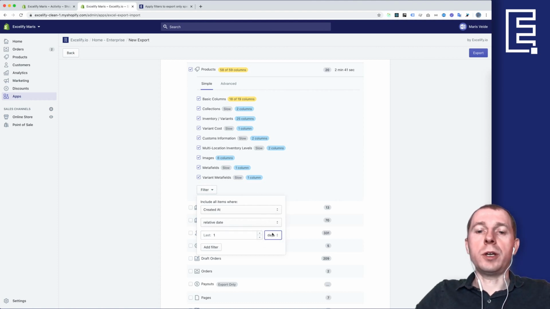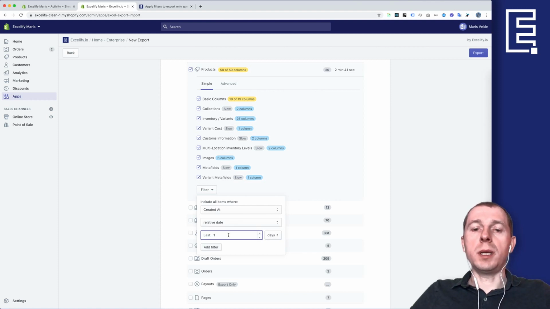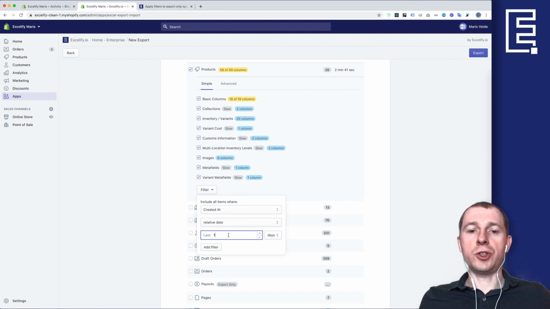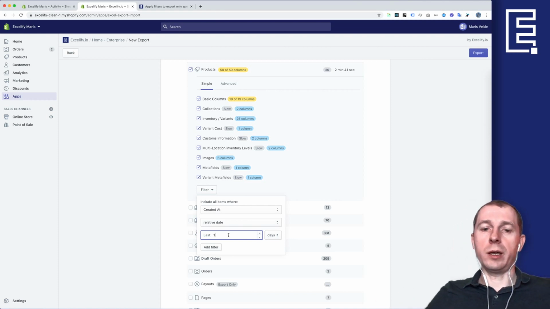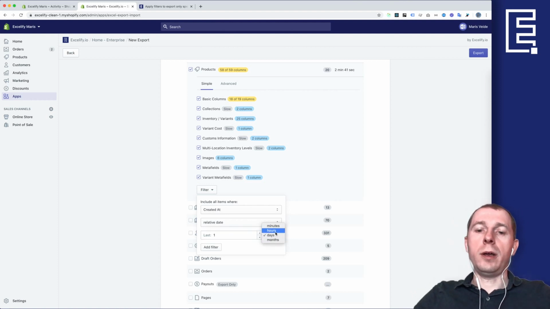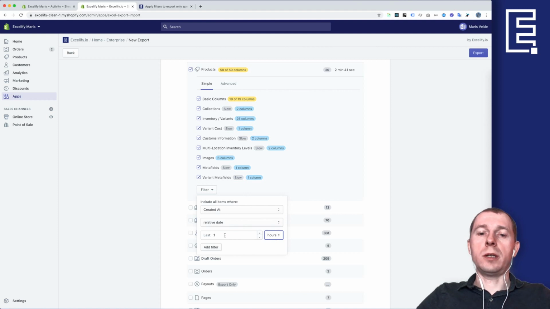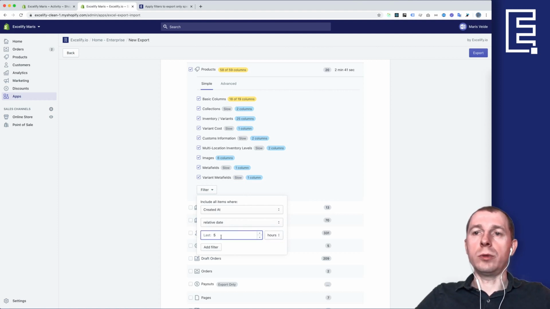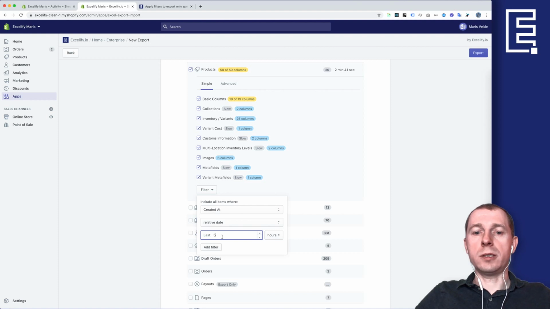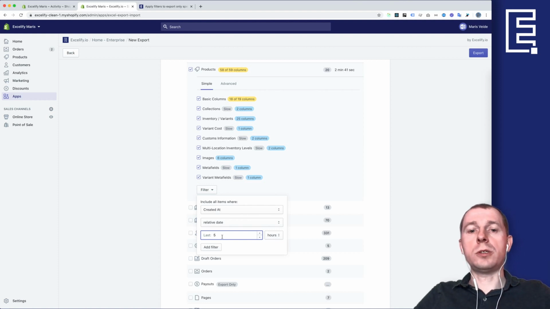for example. But note here, it's very important to understand that if I choose last 1 day, it means that it will include only the full yesterday in this export, and since today is not finished yet, it will not include today, because it takes the whole days in this interval. And for example, if I set last 5 hours, it will again include the last 5 full hours except the current hour. And that's very useful if you want to make scheduled repeated automatic exports,